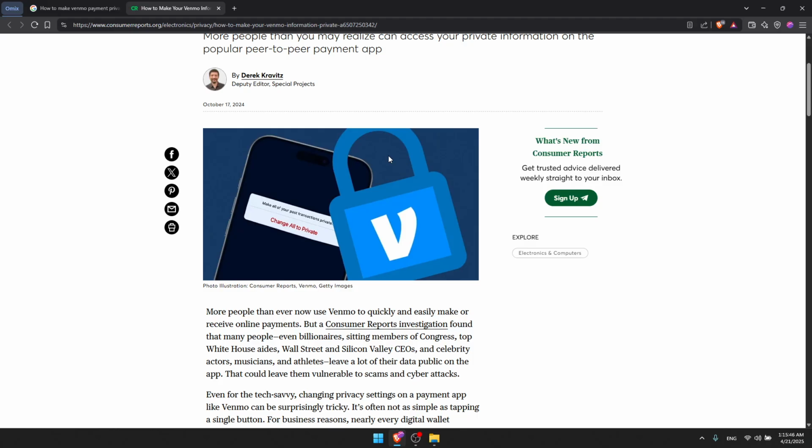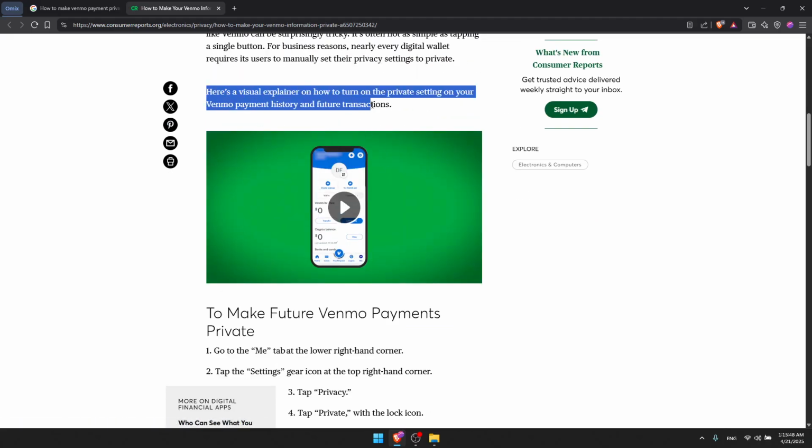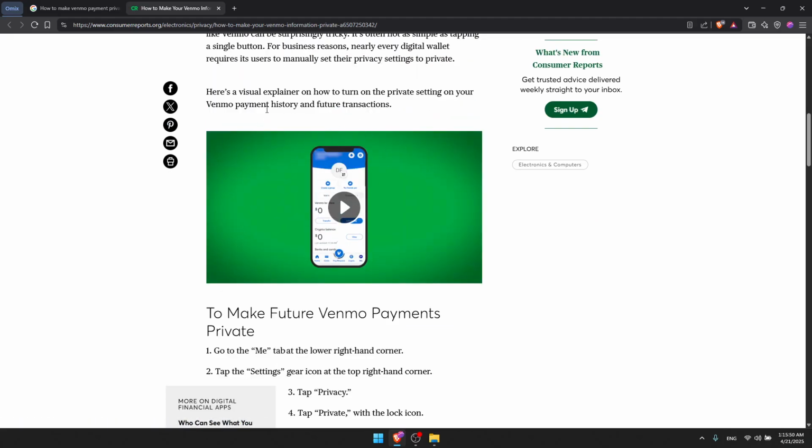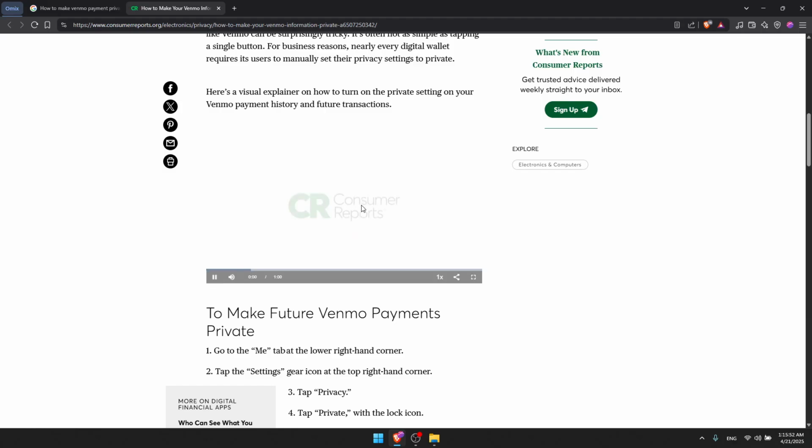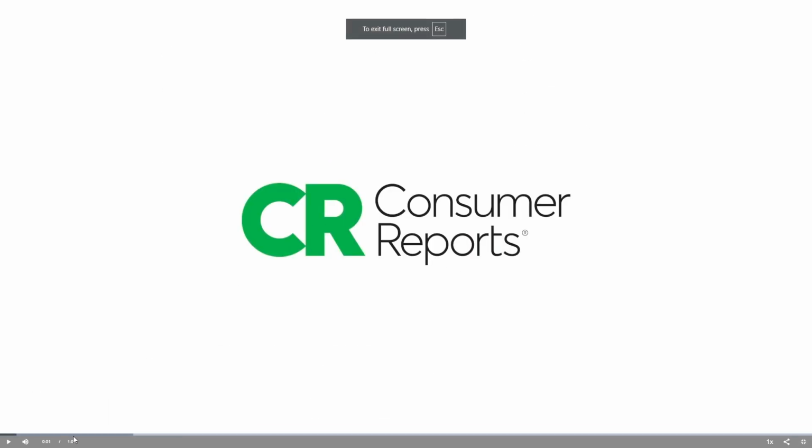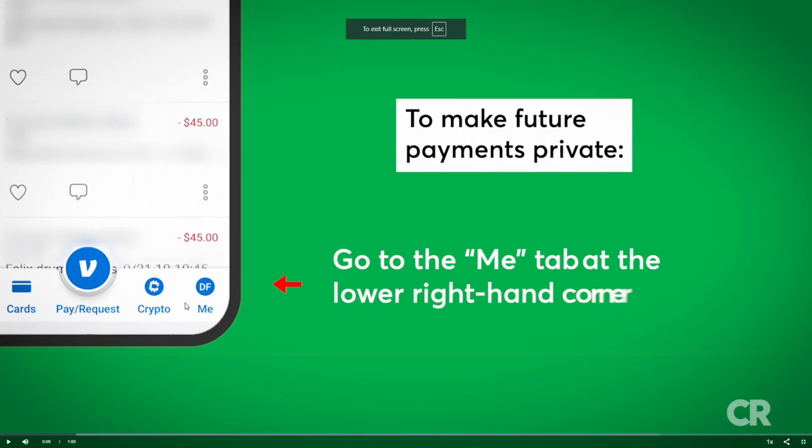which means to make Venmo payments private. So basically, here is a visual explainer on how to turn on the private settings for your Venmo payments history and future transactions. I'll not play the video for copyright reasons, of course. So all you need to do is click on the Me tab, as you can see at the bottom right